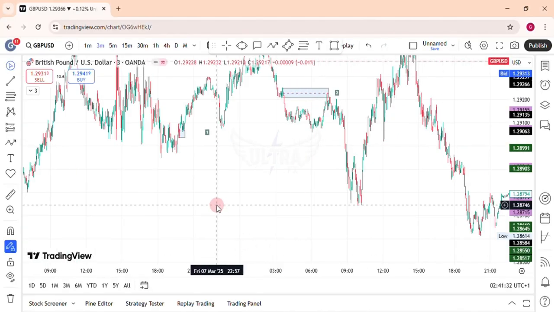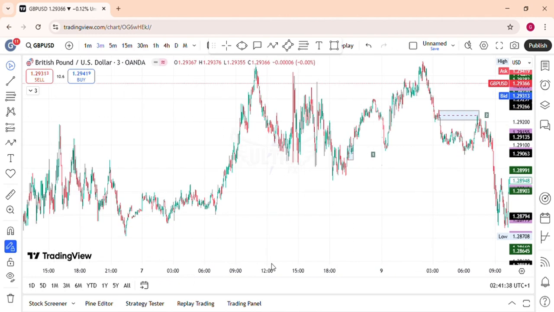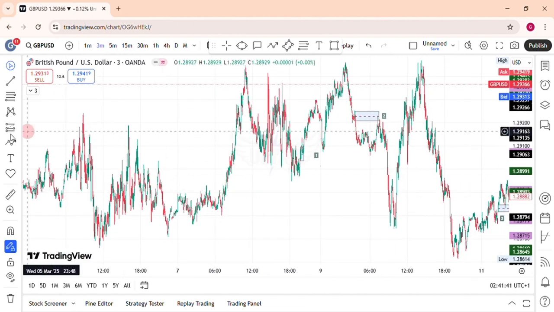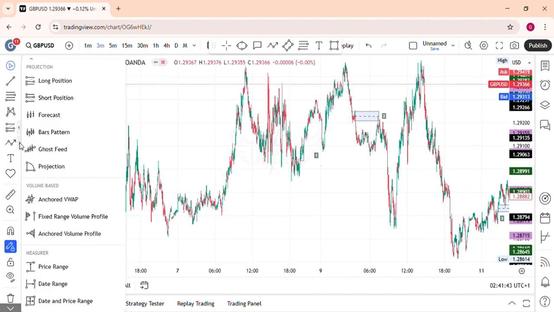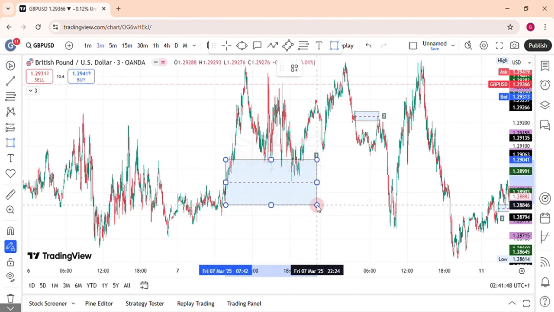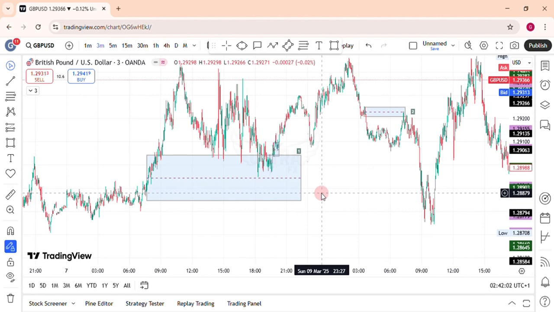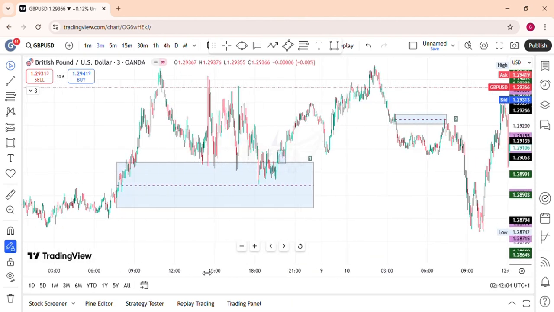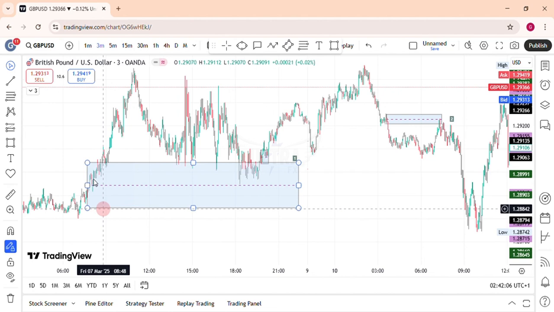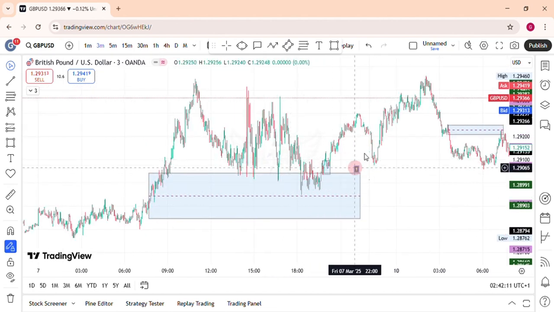Alright, we are on our 3 minutes time frame, as you can see here. On our chart, you can see that after price tapped into that fair value gap around this area, there's a fair value gap around this area. If you can't find the fair value gap, you have to go to your higher time frame, like the 1 hour time frame. On our last episode, the last setup that was shown was a fair value gap around this area here, and we anticipated that price should tap into it and give us a reason for a buy, right?